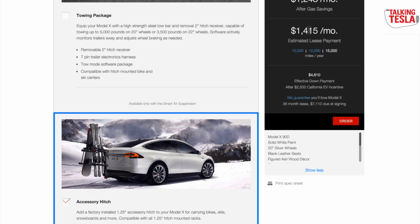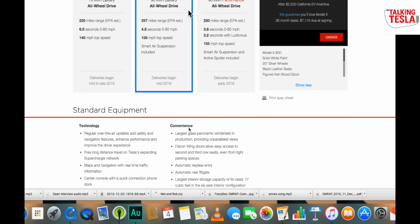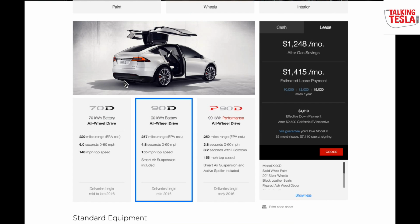That is crazy. Oh, and I almost forgot. That was so close to forgetting. Look, another thing you can do. This comes standard with a 48 amp, I can't remember, 48, 42 amp charger, all right? So it will only charge your car at home with a 220 volt at around 40 miles an hour. But if you want the 80 amp charger where you can charge it almost 60 miles an hour at home, then just click anywhere in here and type the word